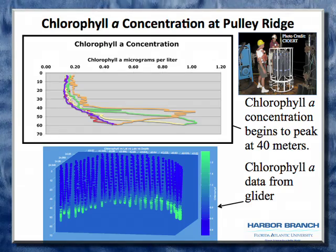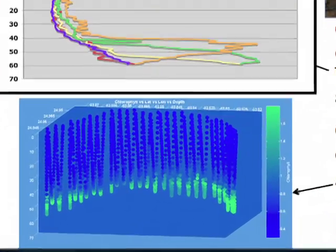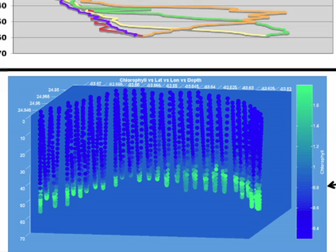The glider data that we took more recently, looking at chlorophyll here, is a different type of plot. That's depth versus lat long, so it's a positional plot. It's compressed, easier to look at when the yaws are compressed, and the color bar is just the concentration of chlorophyll. So we know that the chlorophyll is persistent in September and last week at about 40 meters